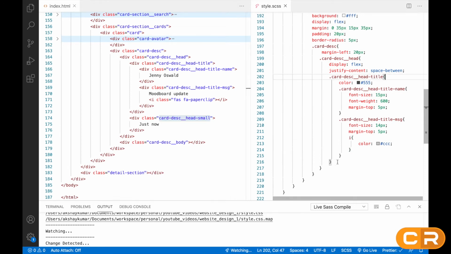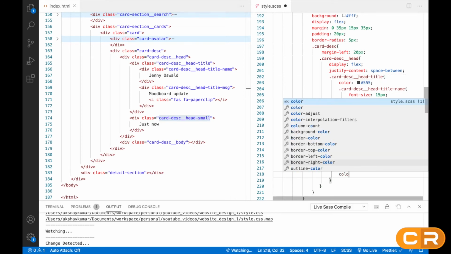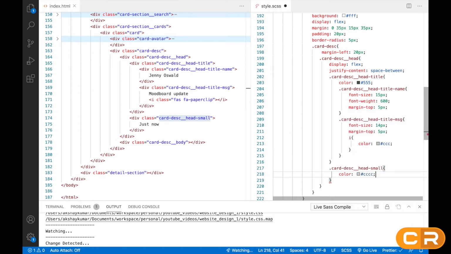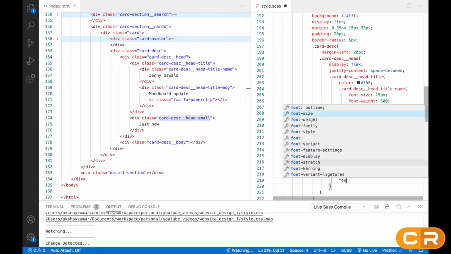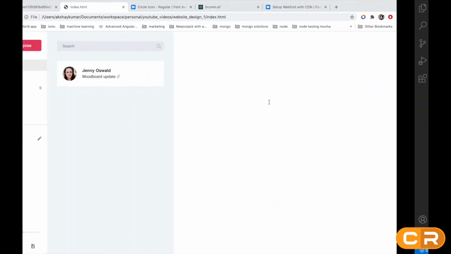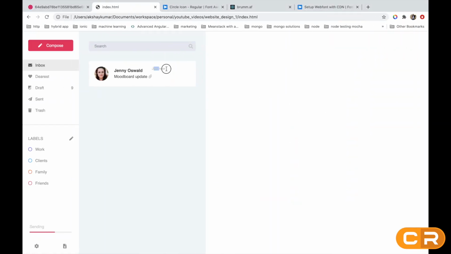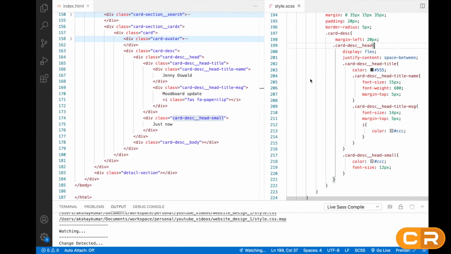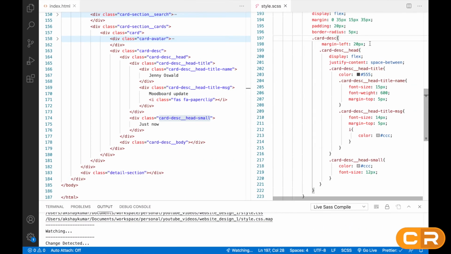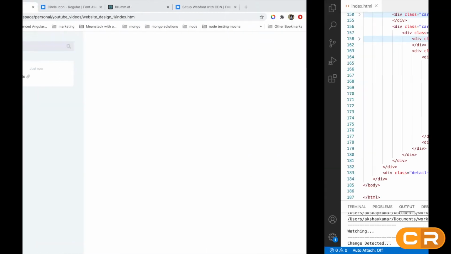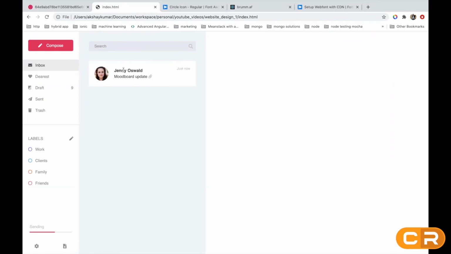So after this title we'll write color, this will be some gray color, font size 12px. So it will look like this. So we have to move this just now to the corner, right? So we can write inside description flex 1. So it will give the proper full spacing for this description area.